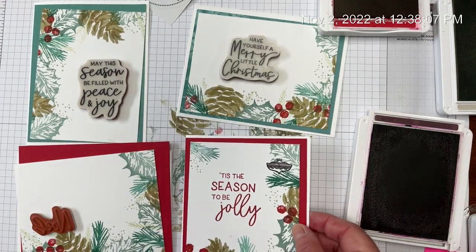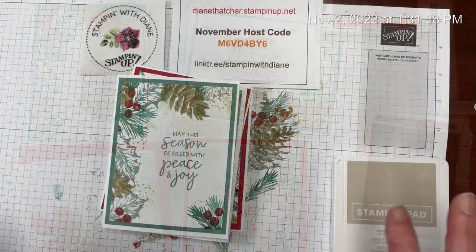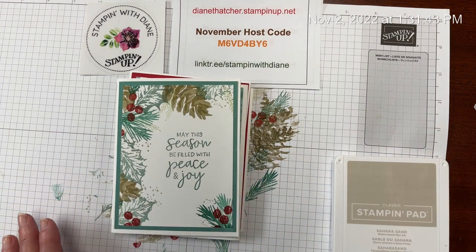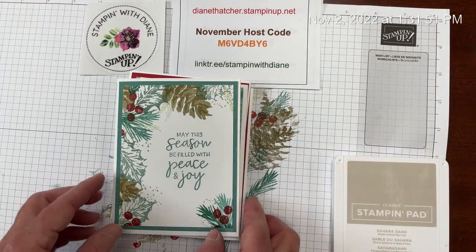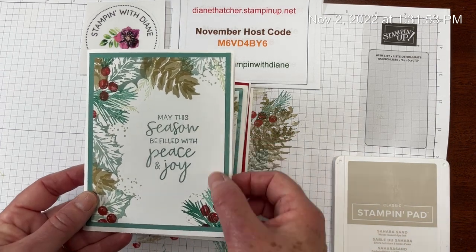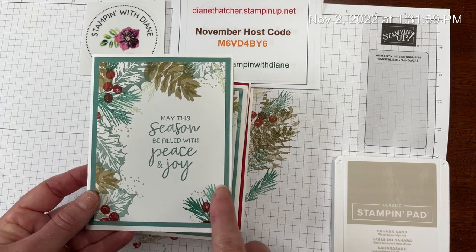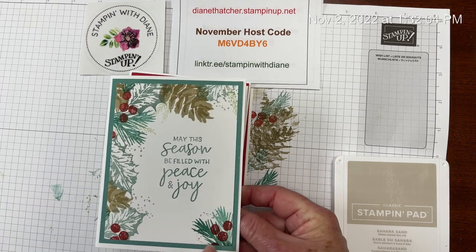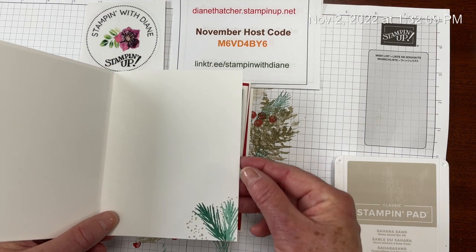Okay, so I'm going to take some time and fix up a few more of these, and I'll be right back. Okay, so we're back, and we have all of these now glued together. So I've used the adhesive of choice. You can use the white glue or your Stampin' Seal, whichever you prefer. So what I've done here is I've stamped my sentiment in the soft succulent to coordinate with the backing, and then I decided to add a little embellishment down in the corner as well, and I just thought that finished that off and tied in the card nicely, and thought I'd pop one on the inside as well,